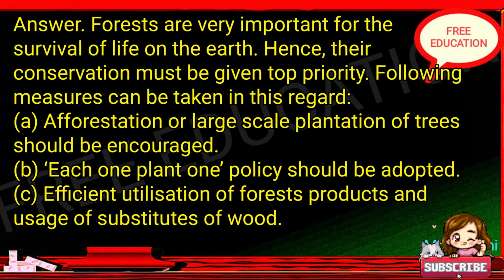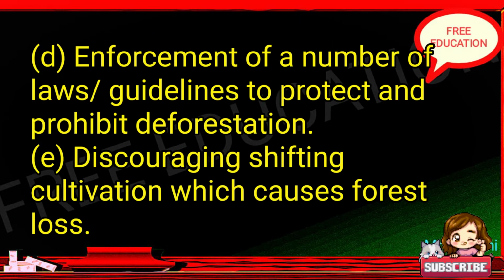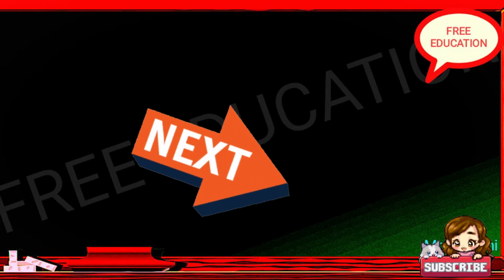C. Efficient utilization of forest products and usage of substitutes of wood. D. Enforcement of a number of laws and guidelines to protect and prohibit deforestation. E. Discouraging shifting cultivation, which causes forest loss. Next we discuss question number